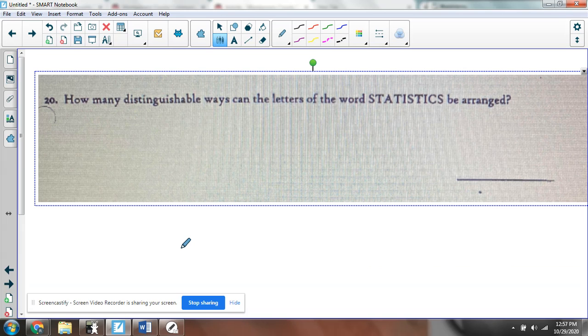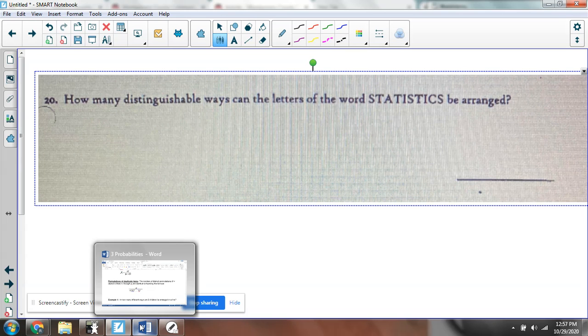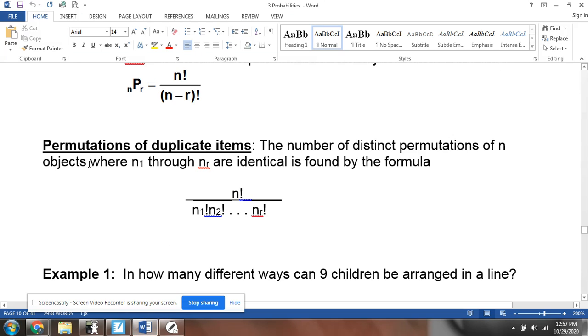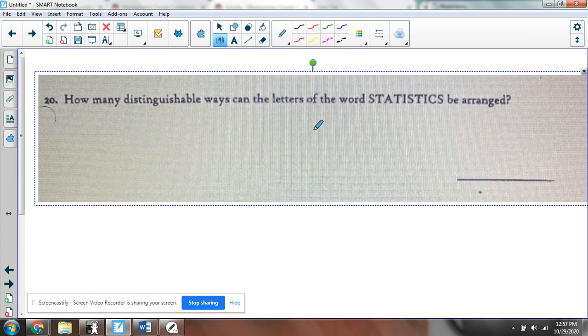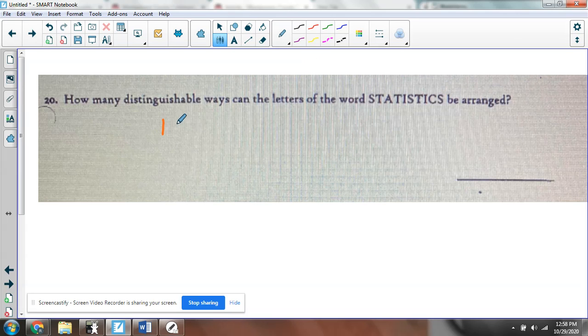Okay. How many distinguishable ways can the letters of the word statistics be arranged? So you need a formula for that. I have the formula right here. It says permutations of duplicate items. The number of distinct permutations of n objects where there are identical items is found by the formula. So n factorial is the total number of items. So we have how many items? We have 1, 2, 3, 4, 5, 6, 7, 8, 9, 10. That's 10 factorial